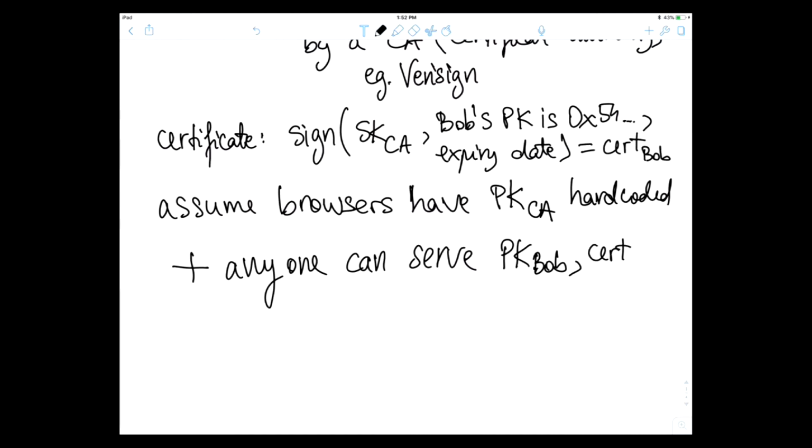With a certificate for Bob, as long as the certificate is correct and it has not expired, then you can trust it, even if it's served by an attacker. And this improves the issue of availability. Maybe if the trusted directory is not available for a moment, that's okay because you can get these public keys with certificates from different people. So it can fail for half an hour or something and won't be too bad.